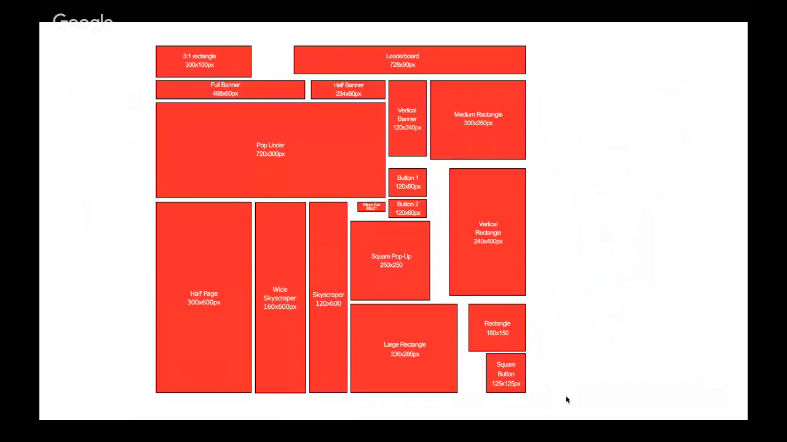A full banner is 468 by 60. That's a popular size, that one, the 468 by 60. A half banner is a 324 by 60. Another popular size banner is the 250 by 250. Another popular size is the 125 by 125. Another popular size is the